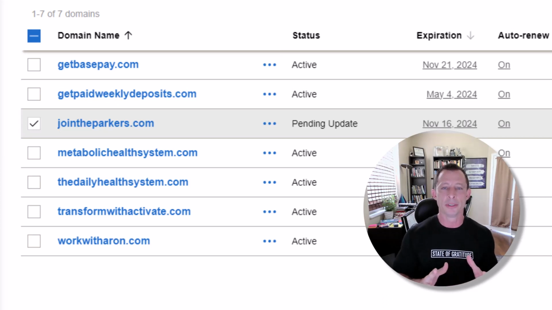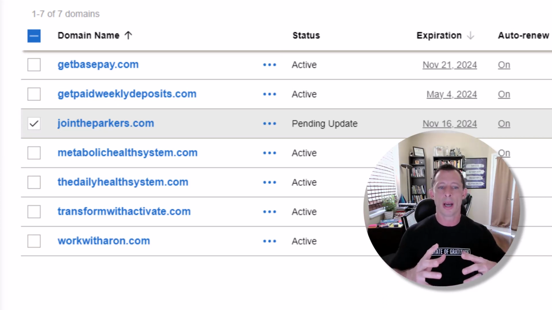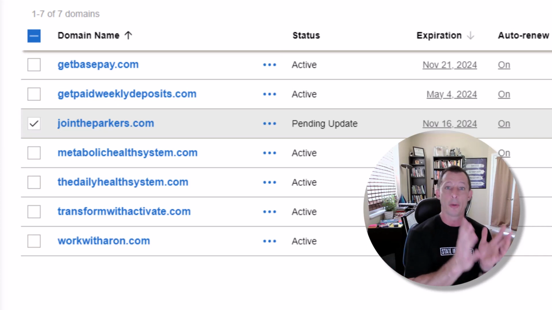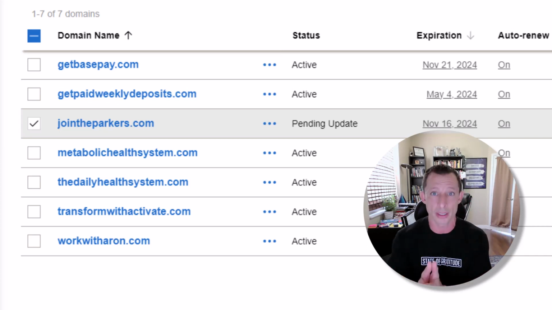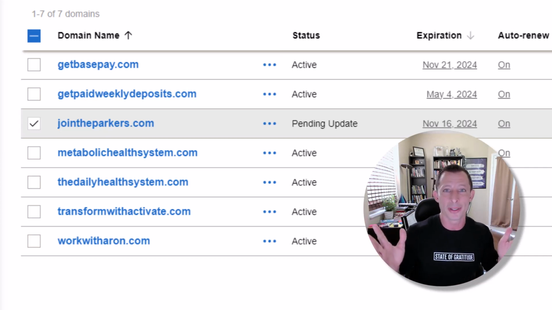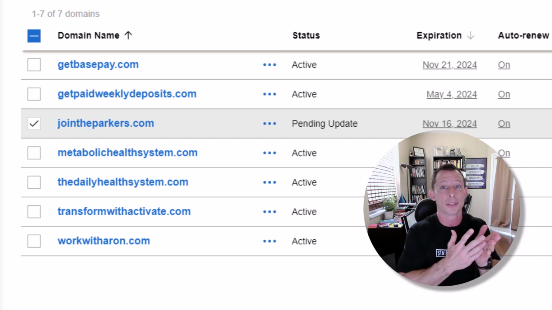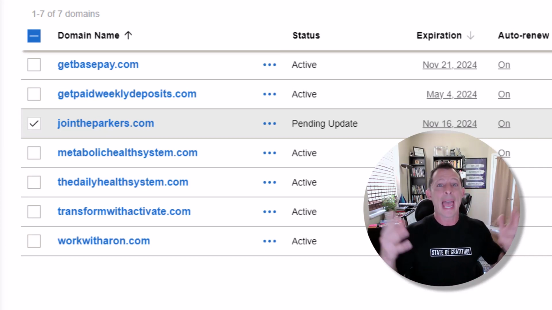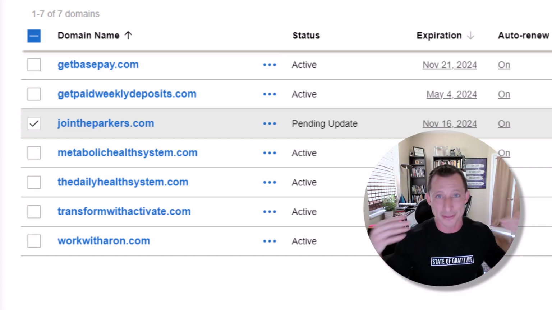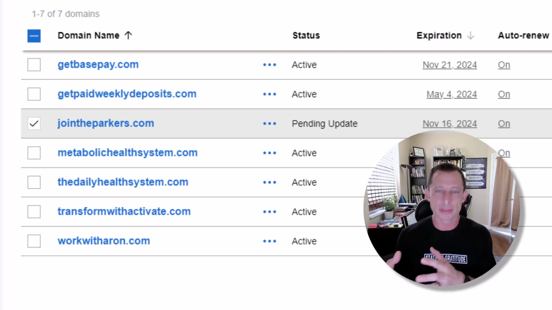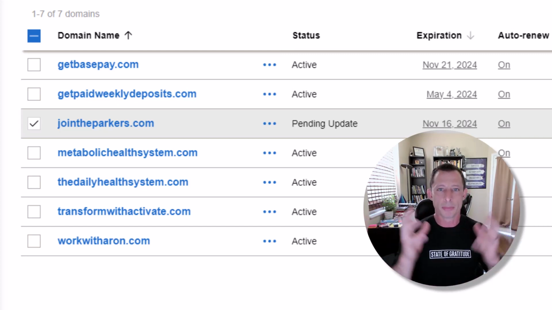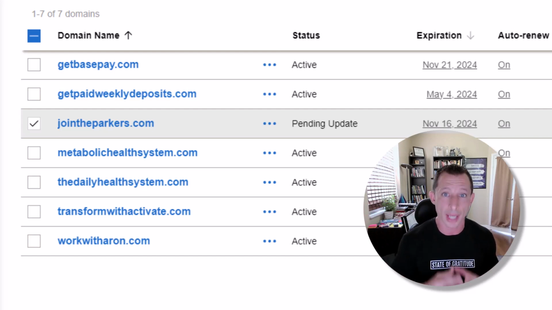So keep that in mind. But there is no trademark or restriction on having a domain name that says the product. Like, for example, the word transform. Nobody owns the word transform. Tranat does not own the word transform. Transform is just a word. Same thing with activate. Activate is just a word. Product names are not under restriction. Those are just words. Just make sure you don't use the word Tranat in your domain name.